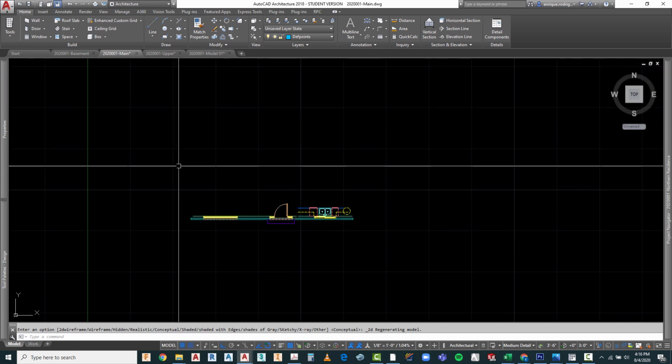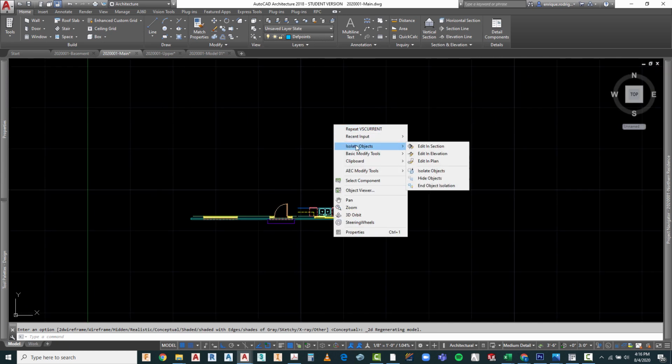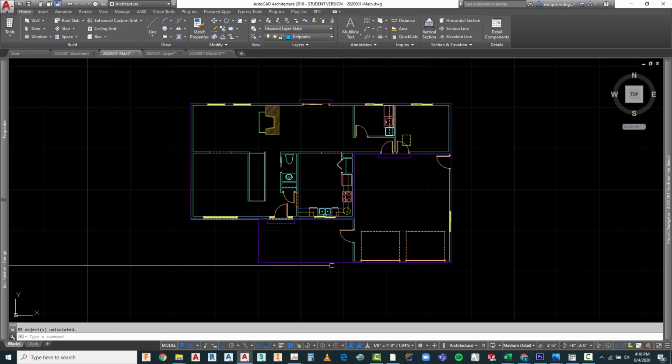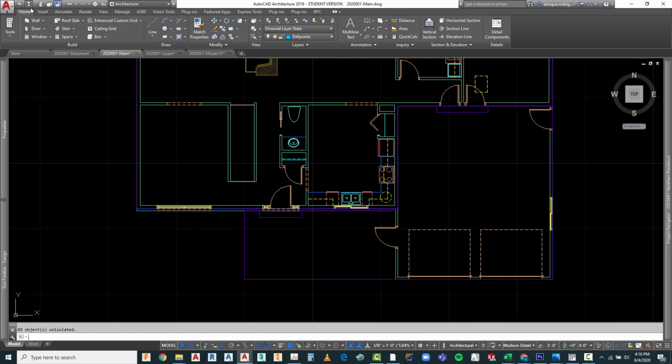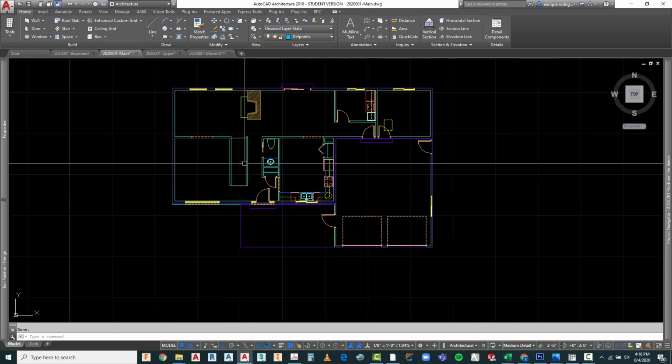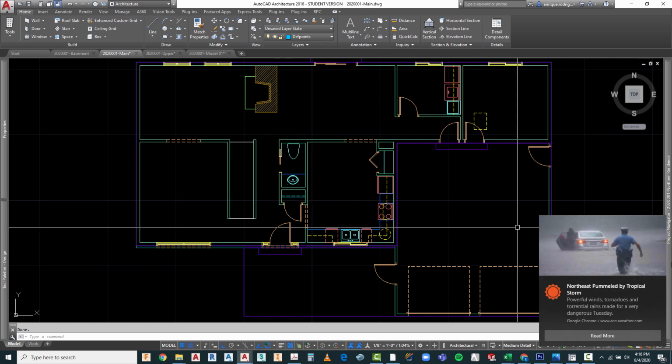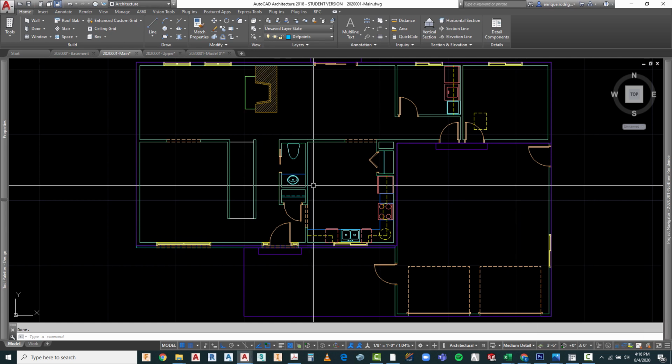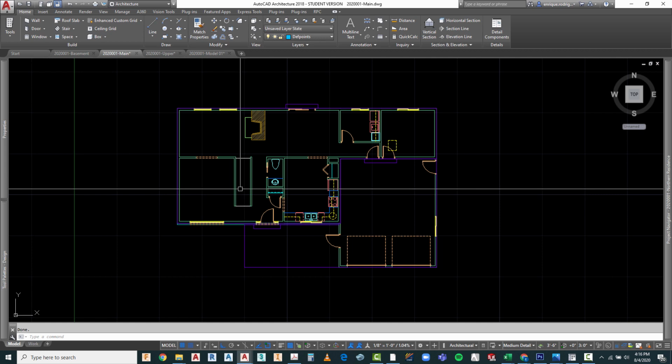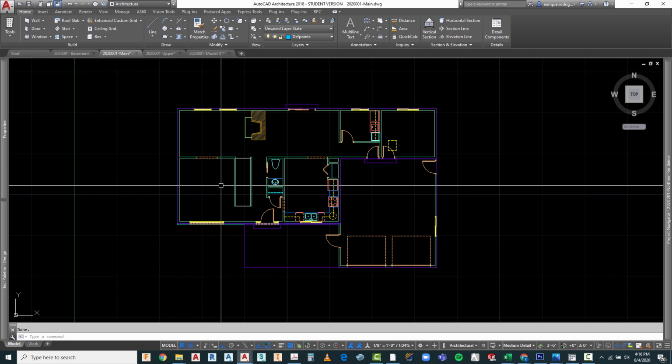Now what I want is the rest of my drawing to come back, so I'm going to isolate, and I'm going to end object isolation. I'm going to save that, and it looks like we're doing okay here. Okay, so let's see what we can do with a couple of other items that we have